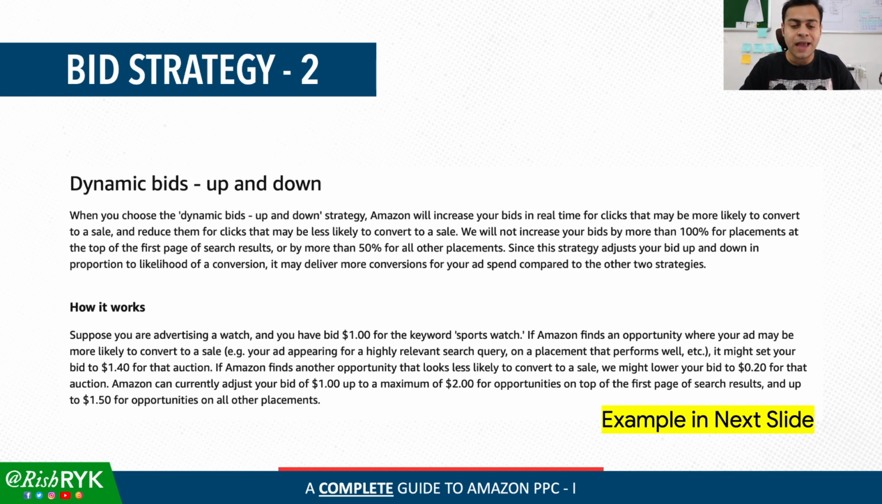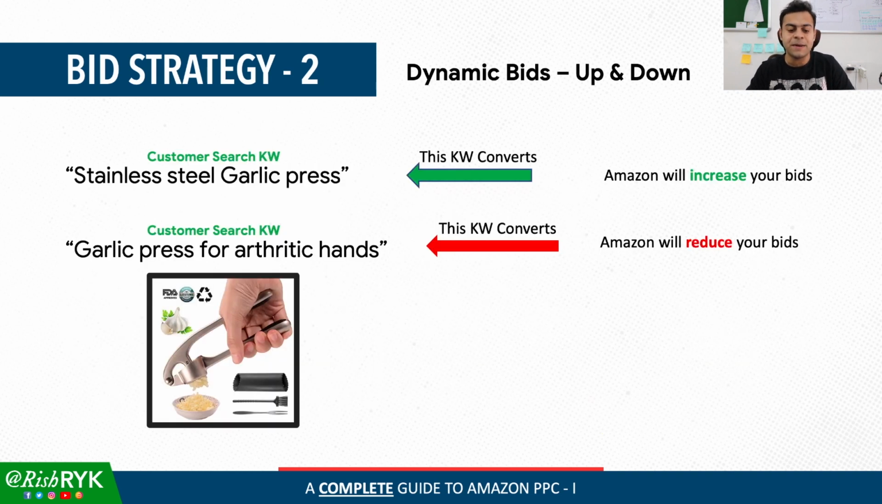In this strategy, Amazon is not just going to reduce the bid when they see that your ad might not convert. They are also going to increase your bid when they think that certain keywords might definitely give you a conversion or are giving you good conversions. So again, let's look at the example first, and that will help you understand everything they want to say. Let's take the same example. Let's say you were selling garlic press, and when somebody searches for garlic press for arthritic hands,